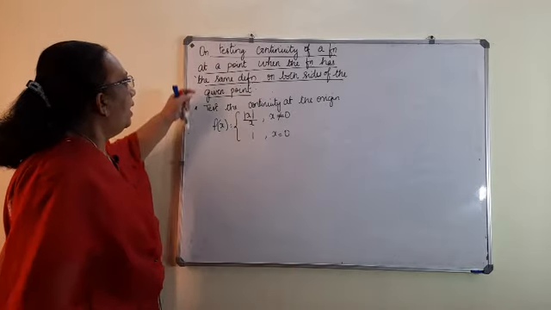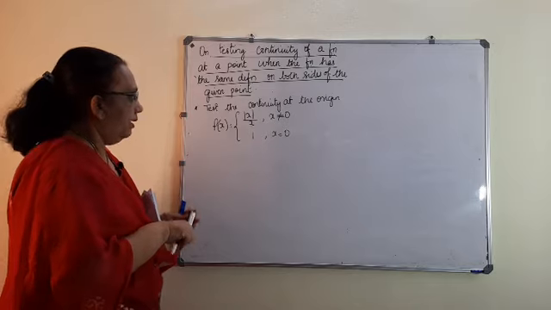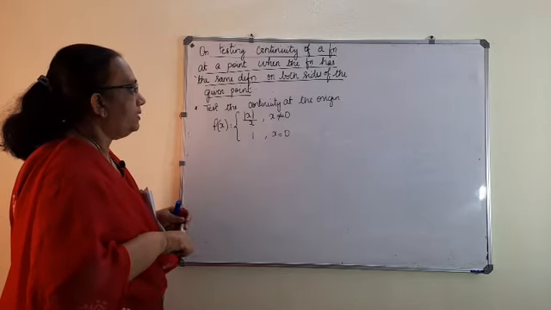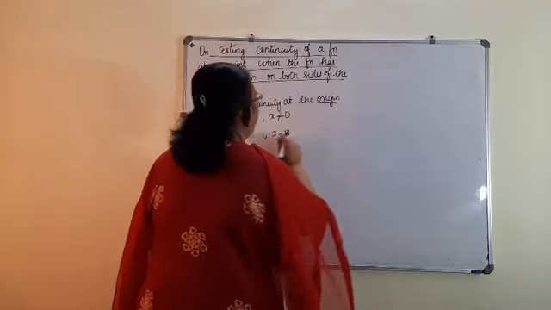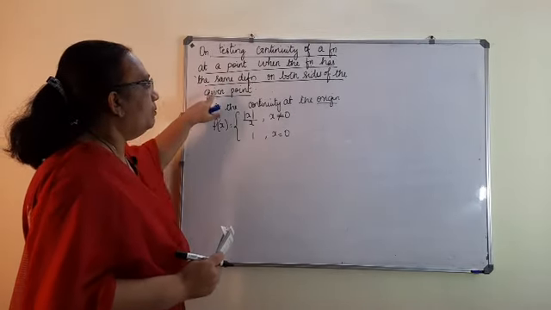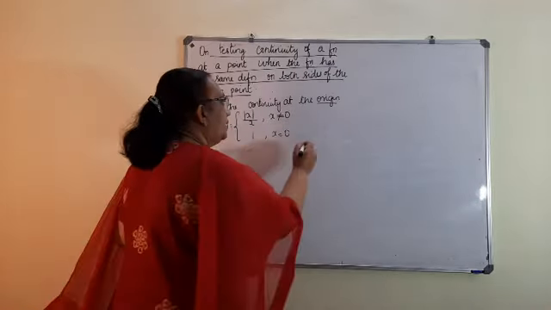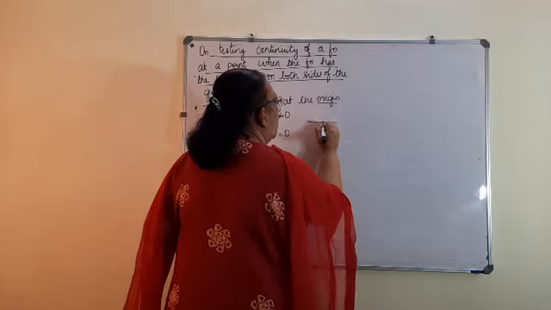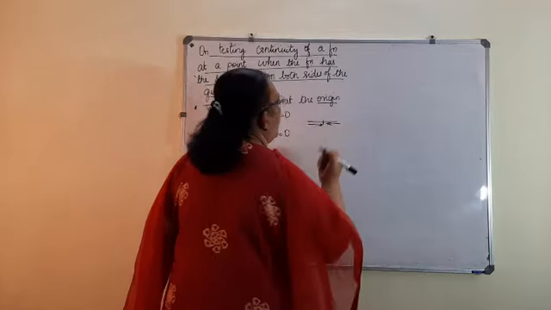So here see, on testing continuity of a function at a point. So what is the point we are checking? x is equal to, at the origin. At the origin means x is equal to 0. When the function has the same definition on both sides of the given point, x not equal to 0 means it can be the left limit or it can be the right limit.